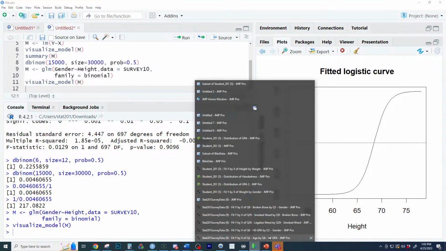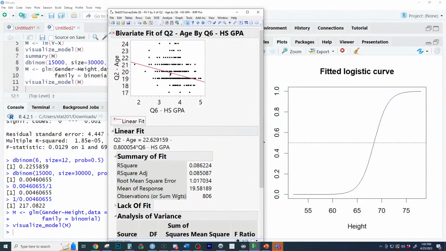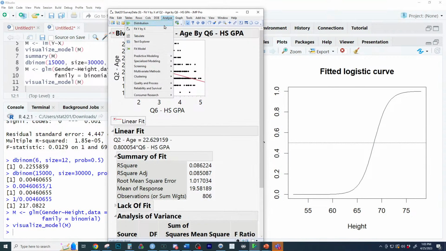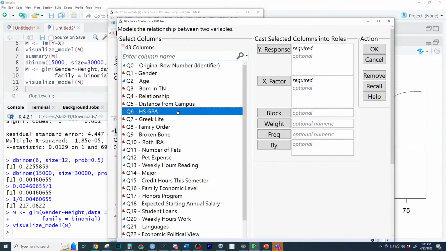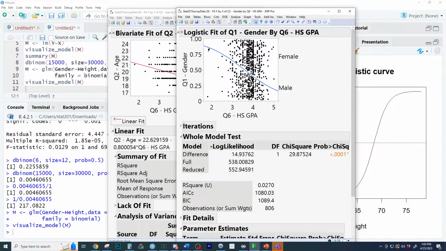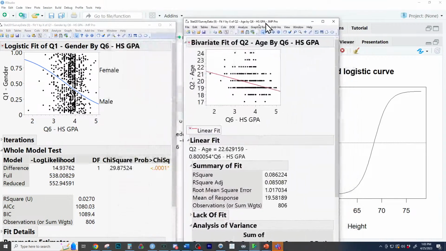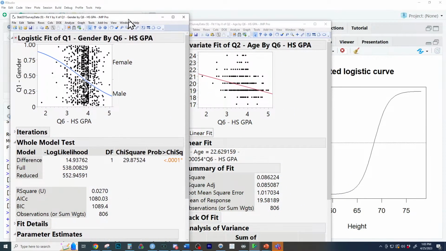That's one thing I was just unhappy with as we were plotting this out, because it's not a line, it's an S-shaped curve. It's just the stronger the relationship, the more the S shape. So if we use high school GPA to predict someone's gender, you can kind of see a little bit of the S shape right there. But if you extend out, which I wish they extended it further, you'd be better able to see. It's not a line, though. That's an S-shaped sigmoidal curve predicting the probability of somebody being male or female based on their high school GPA.